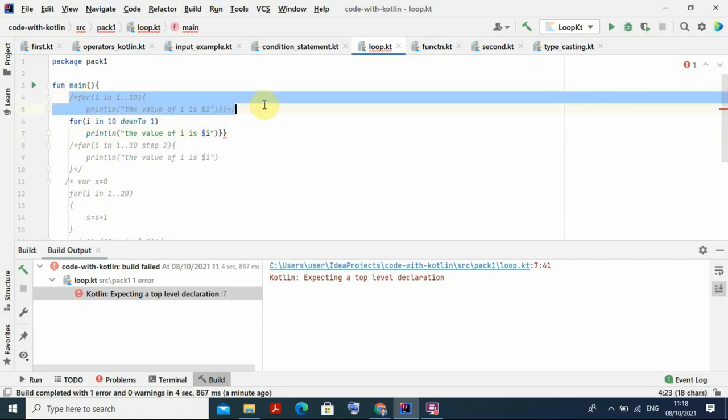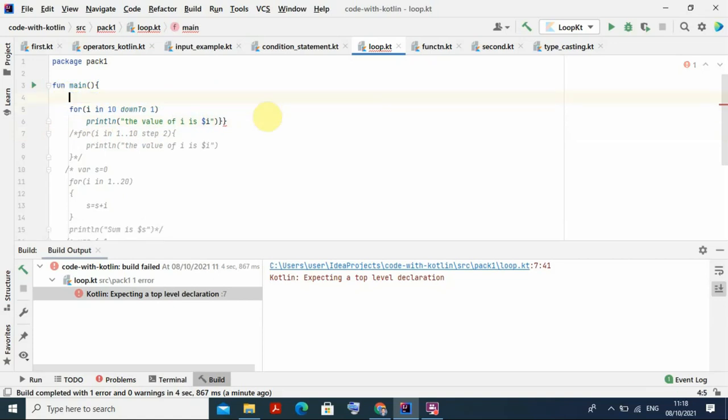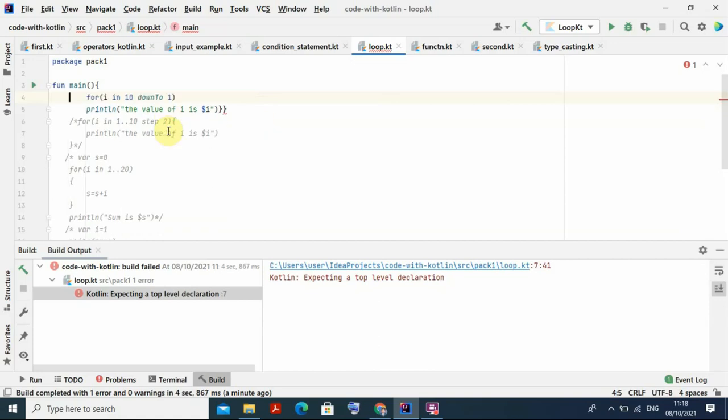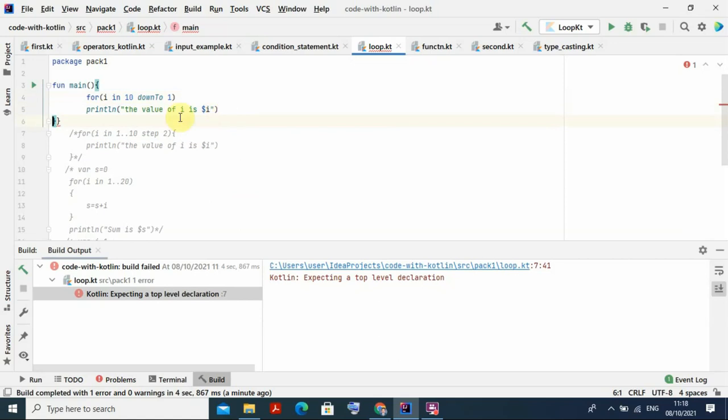Why is this already done? No, why are you doing that? Delete it, one message. So this thing is there now. Okay, so now you can clearly see it is here for that one. Now it is here, and these are the braces we have given. You have to put the curly brace here, right? Yeah, now it is there.